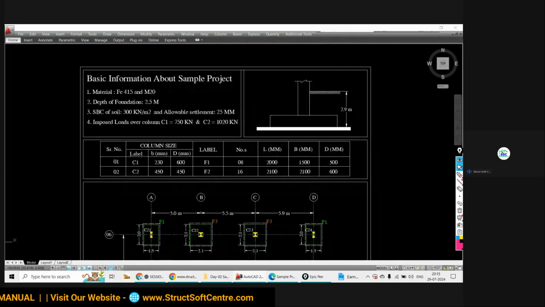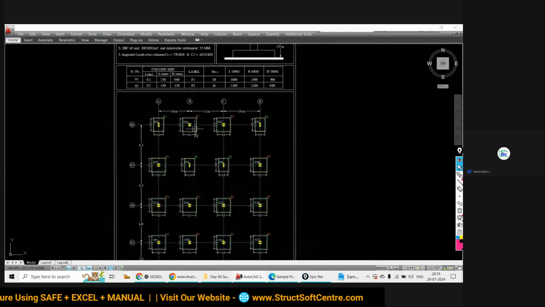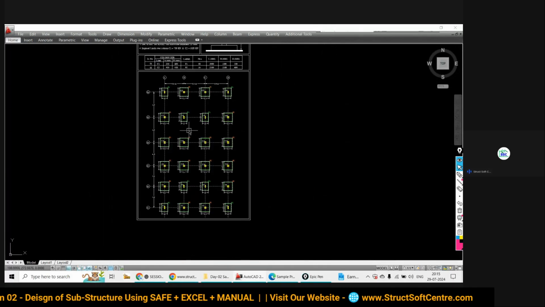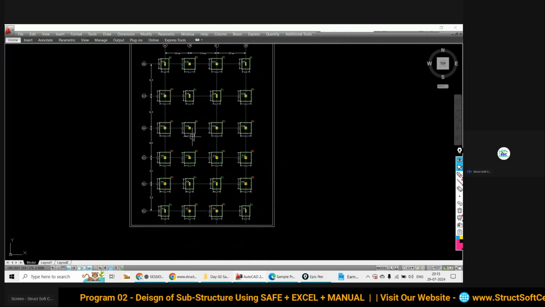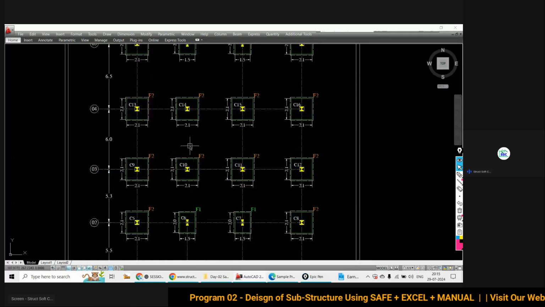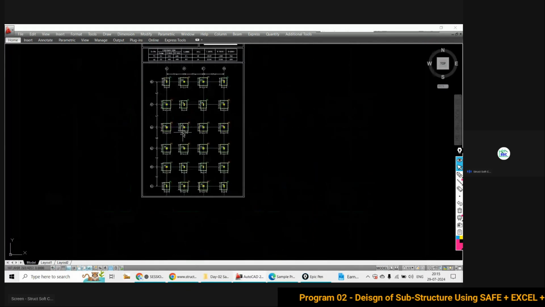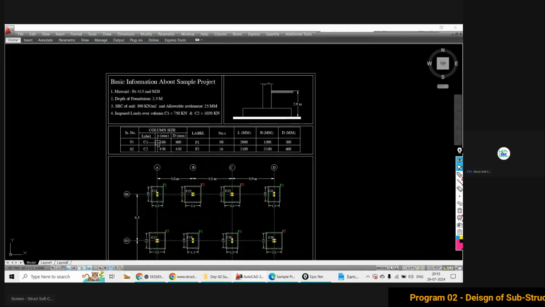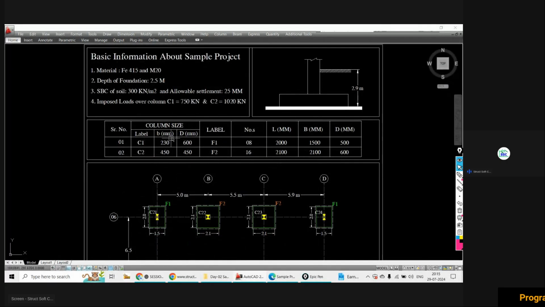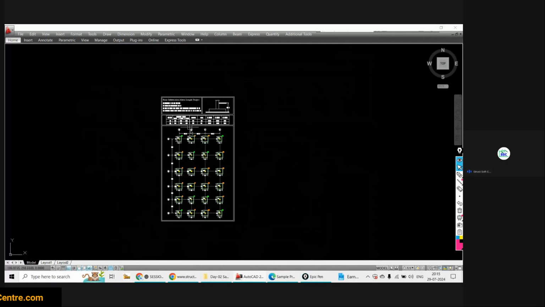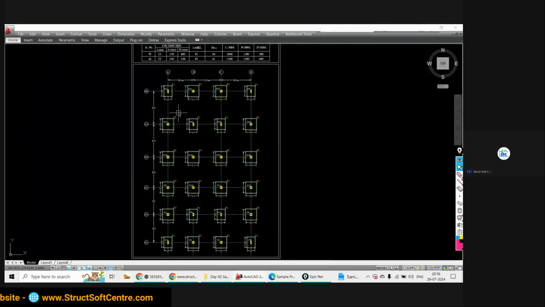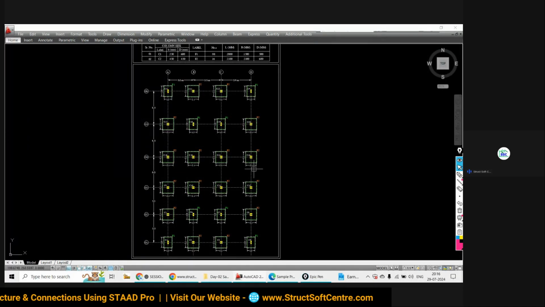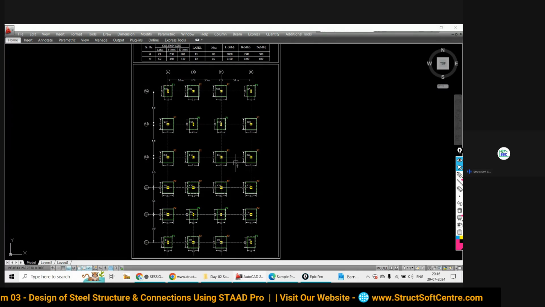Basically, we have to model these foundations, we have to model these columns, we have to assign the load as given. In respect of all this given data, we need to have this model in your CSI SAFE software.